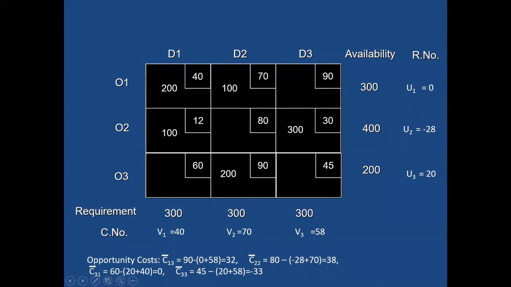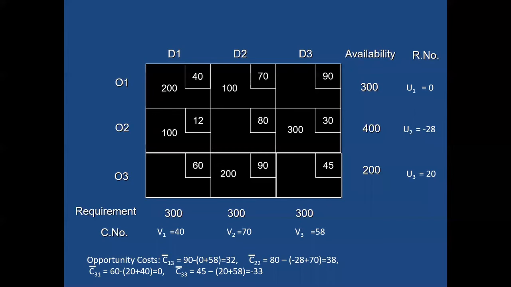Now, please remember, if you get a 0 in any of the opportunity costs, that means we can also have an alternate initial feasible solution here. Okay, that means if I have some allocations in this cell 3-1, it is not going to affect my cost. Okay, so we can have an alternate solution in this case. Secondly, the last cell, which is C33 here, the cost is coming to minus 33. So this is not my optimum solution. Okay, because we have a negative value, it is not the optimum solution.